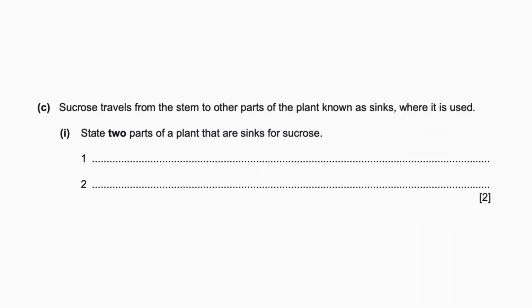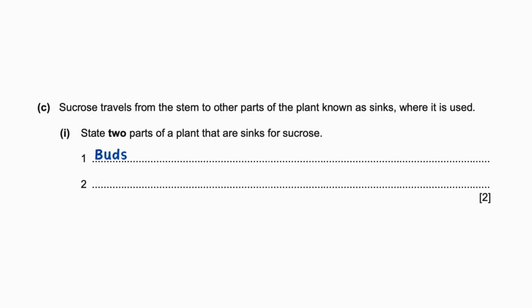Sucrose travels from the stem to other parts of the plant known as sinks, where it is used. State 2 parts of a plant that are sinks for sucrose. Sucrose is transported from the stem to various parts of the plant known as sinks. Sinks are regions or organs in the plant where sucrose is utilized or stored. The parts of a plant that act as sinks for sucrose include